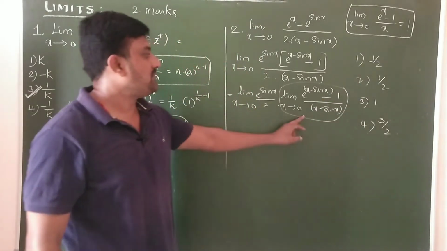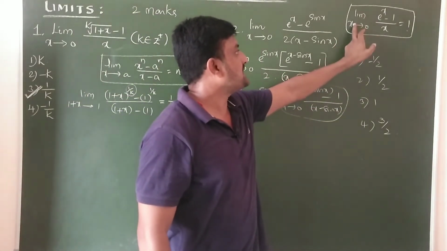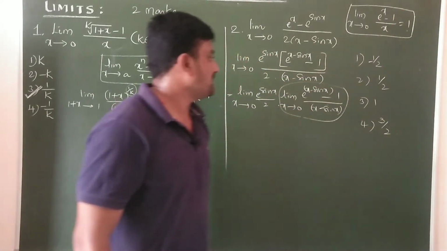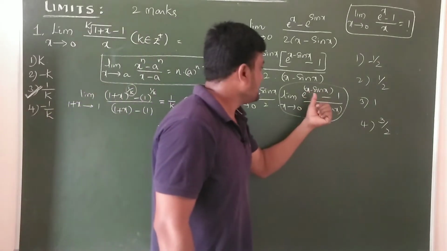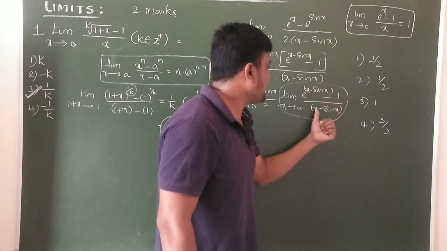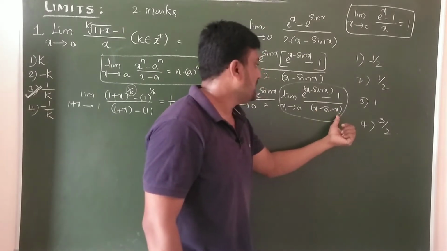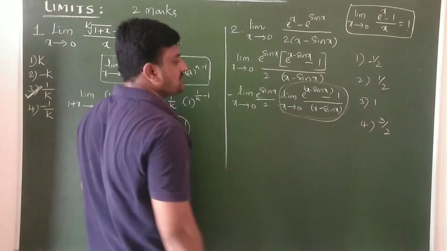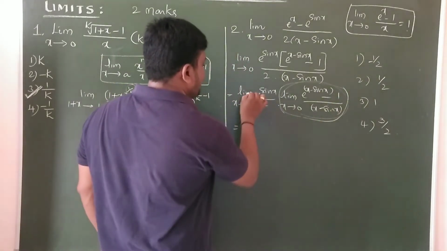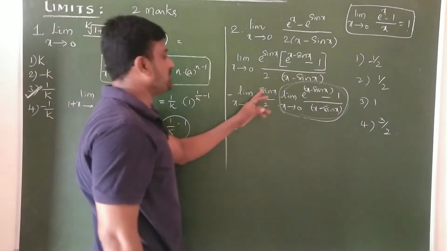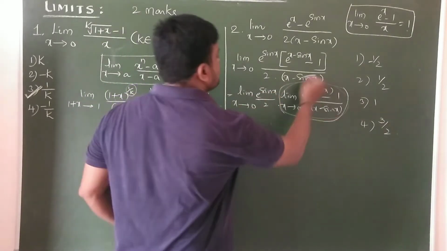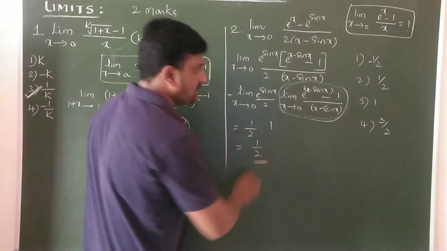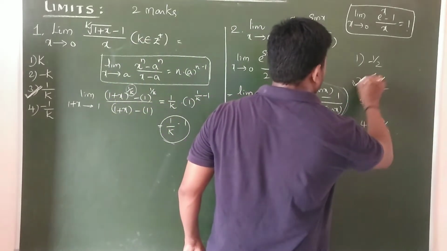Now it is in the form of the next one, yes or no, limit x tends to 0, e power x minus 1 by x equals 1. Suppose the power is x minus sin x, here also we have x minus sin x, yes or no. That's why it is in the form, definitely. So now this one equals, shall I write like this? Limit x tends to 0, apply x equals 0, then e power 0 is 1, it is 1 by 2. Now this is 1. Now 1 by 2 into 1 is 1 by 2. Now our option is the second one.